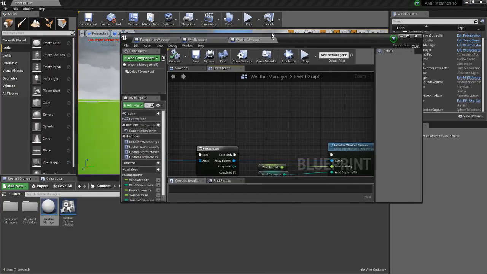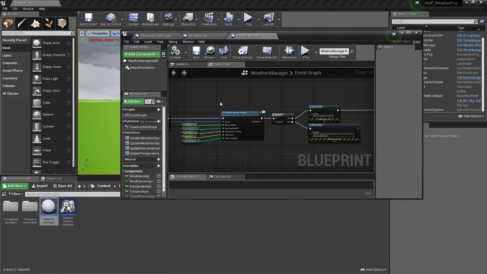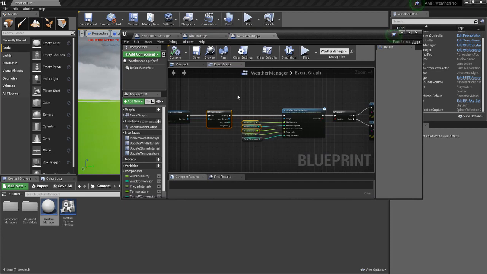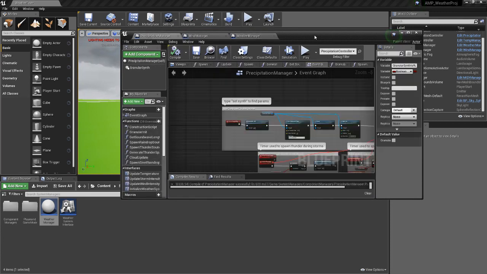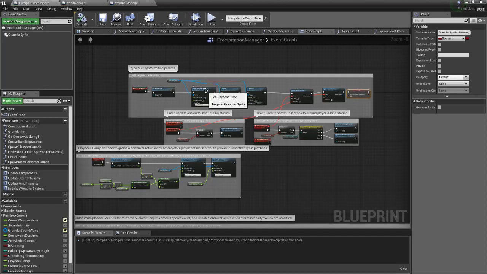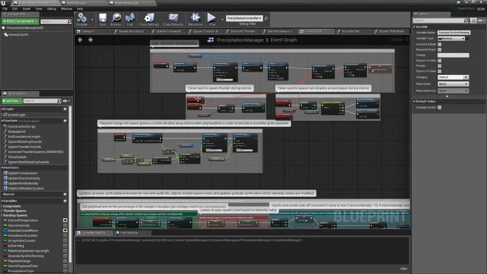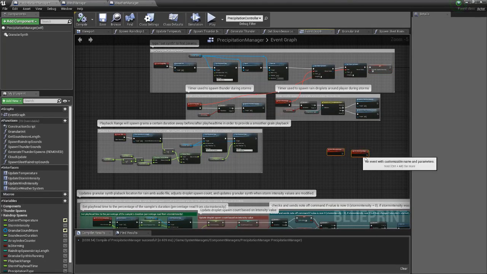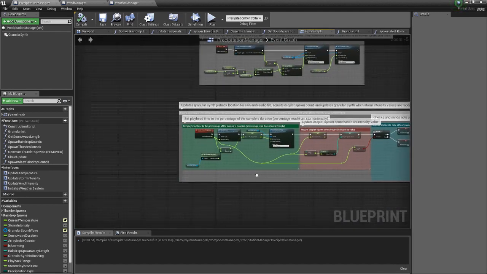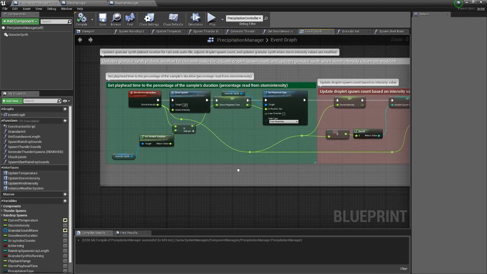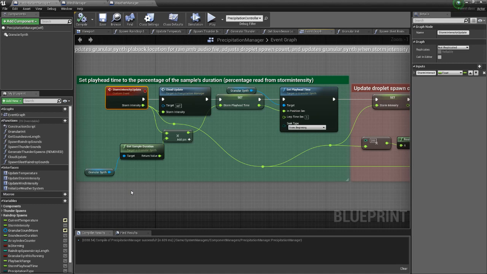So that's all I have in the wind manager so far. I haven't really decided to build anything out yet, but you could, using this, the rain manager, or precipitation manager, to be more correct. These aren't being used yet, but what this is doing is, as I'm changing the storm intensity,